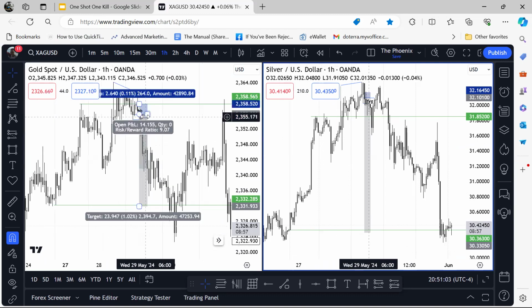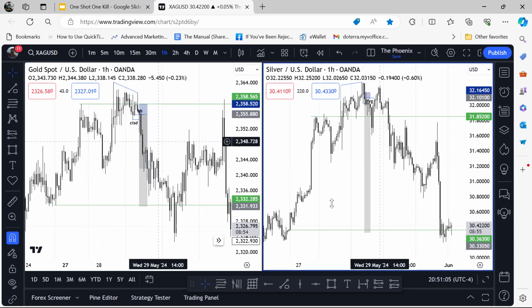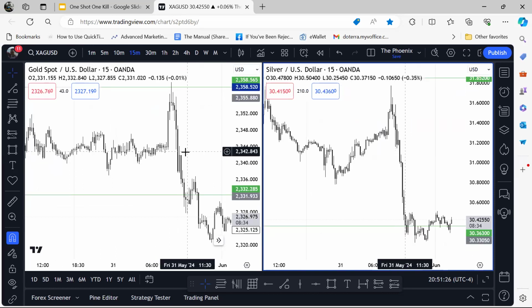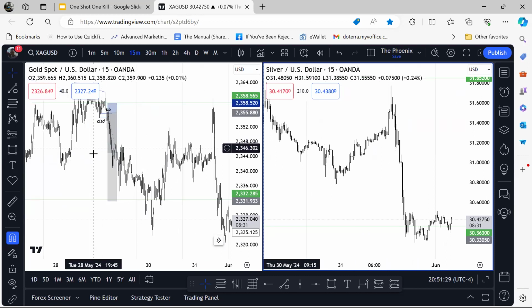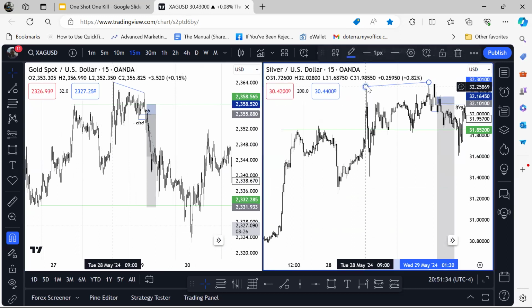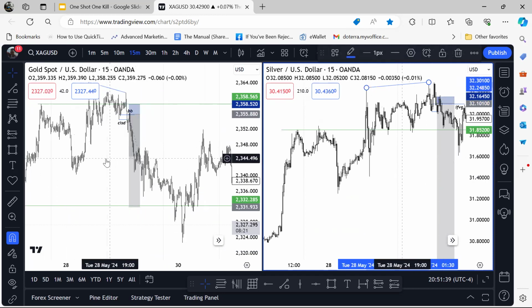Right, so the SMT immediately tells us that price failed to break the high of Tuesday on gold, but it broke the high of Tuesday on silver. That was an immediate confirmation of price looking to go lower. If we drop to, for example, the 15-minute time frame, which is where I would have drawn up the charts from, you can go as low as a 5-minute. It doesn't really matter which time frame you take the entry from, as long as you're sure of the confirmations in the price action.